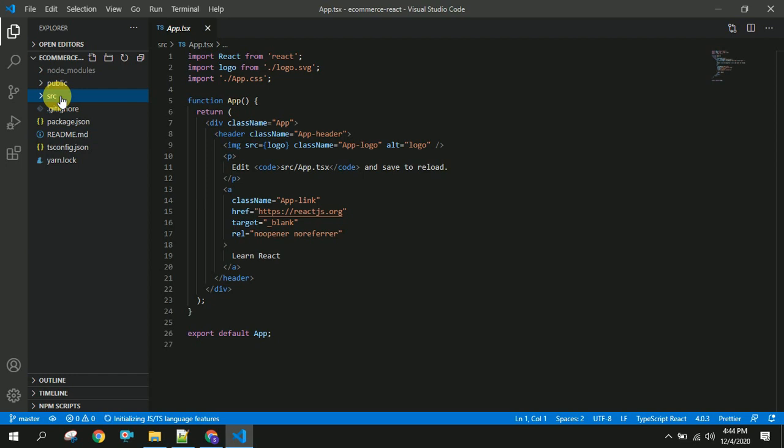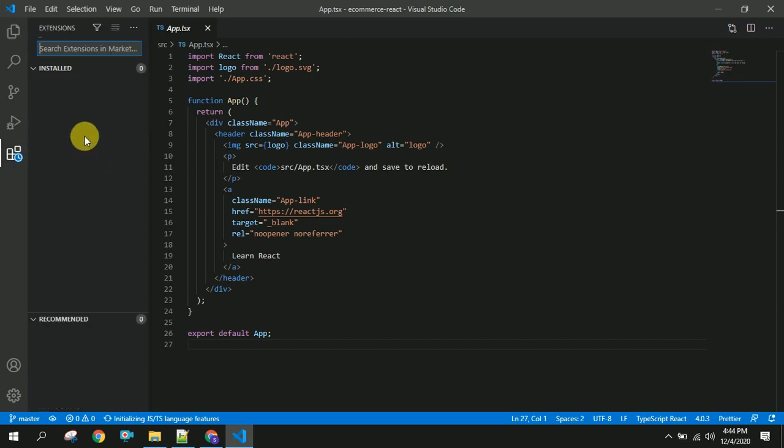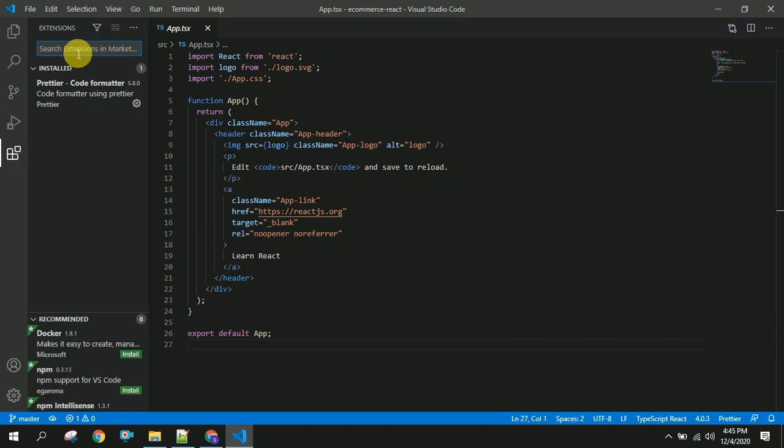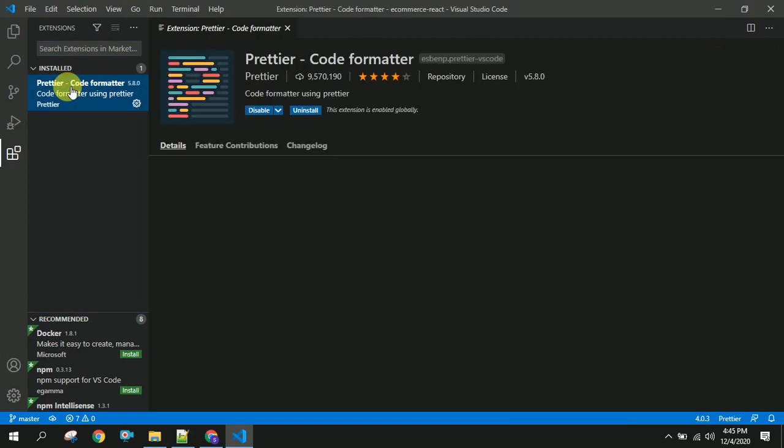Now the next thing we are going to do is install some extensions. These extensions will help you to write better code and decrease the amount of code you write. So this is the first extension I have installed in my project: the Prettier code formatter.